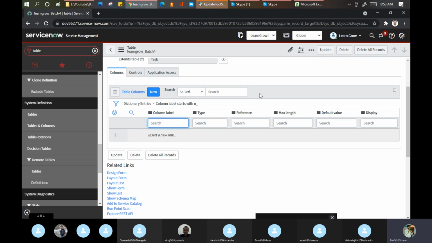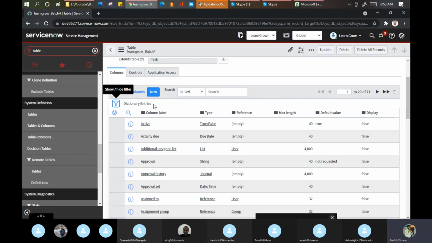If I create a table without extending any other table, how many attributes, how many fields, how many columns will be created automatically? Or I must say, how many default fields will be created when you create any new table without extending it? This is your homework.